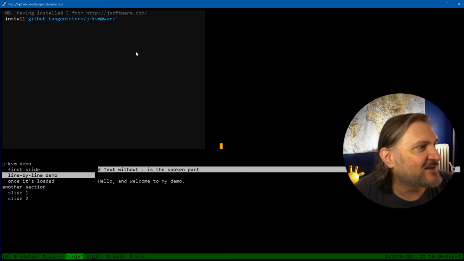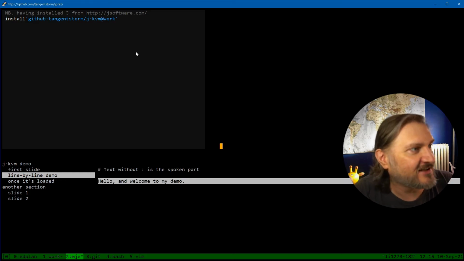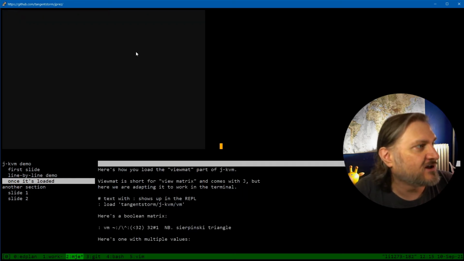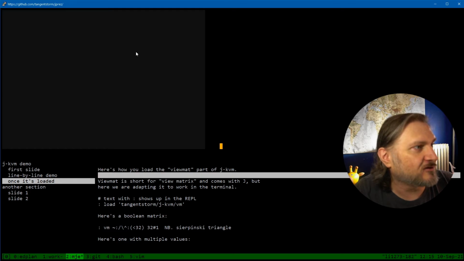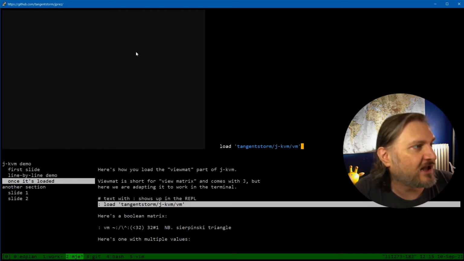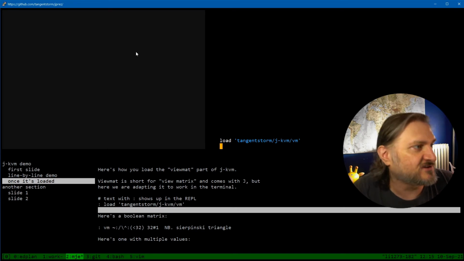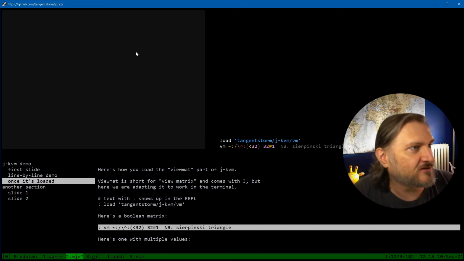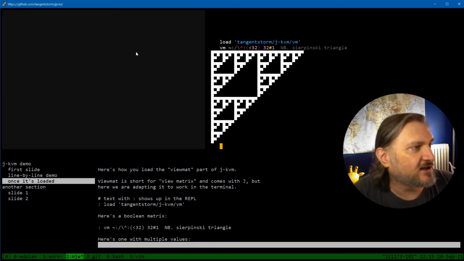Here's my line by line demo. I'm just pressing the N key. Hello and welcome to my demo. Once it's loaded, here's how you load the view map part of JKVM. And finally, when you get to that line, it types it on the screen. You hit next, it shows the result of doing that, which is nothing. But now when you do the result of this, we get the Sierpinski triangle. And then when we do,